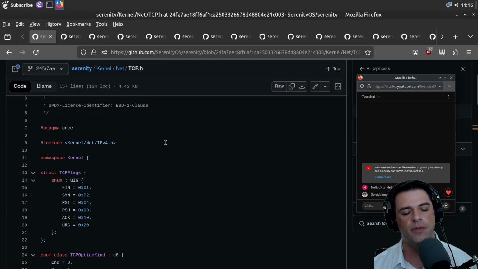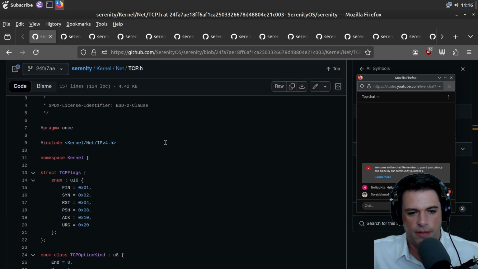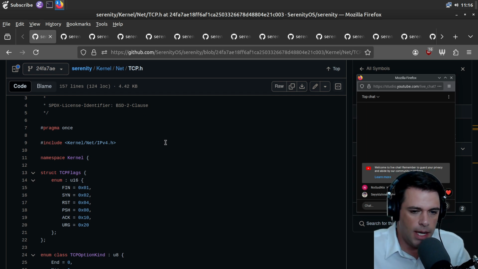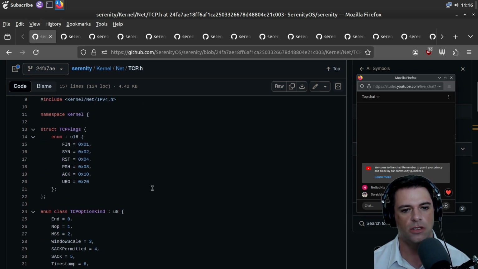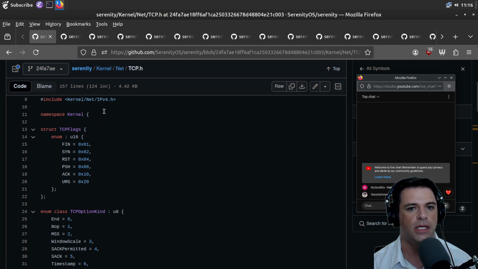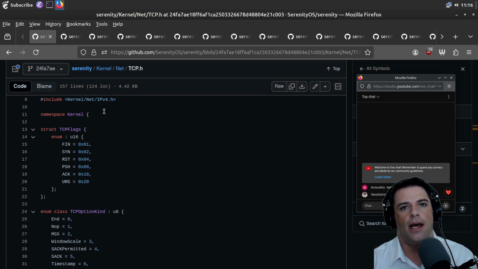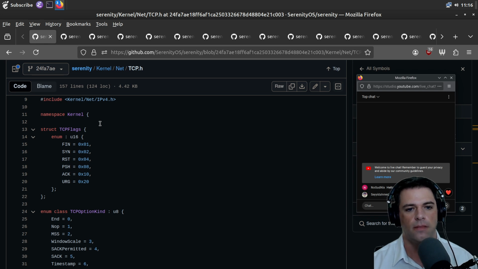And this is C++. So we've looked at the TCP implementation in Linux. And Linux, I think, was all in C, like pre-C++ C. But this is at least an operating system in more modern C++.